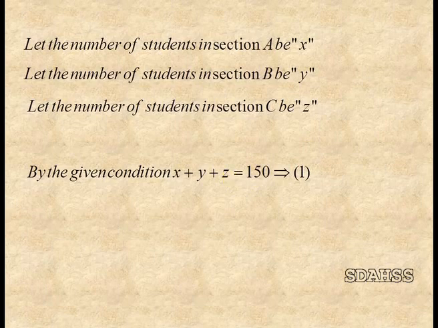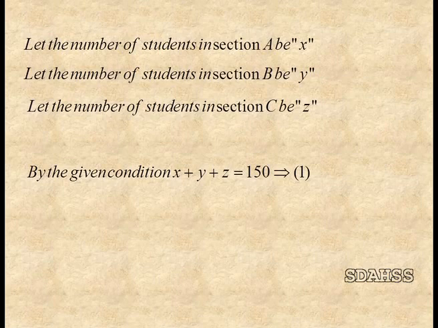Totally 150 students are admitted in a school, but those students are distributed in 3 sections A, B, C. We are assuming section A be x, section B be y, section C be z. So x plus y plus z is equal to 150. Mark it as the first equation. And the second condition says that